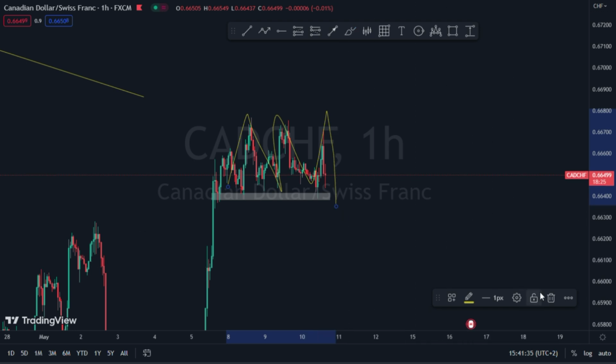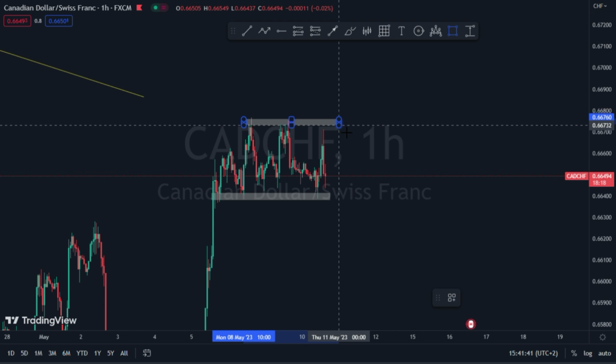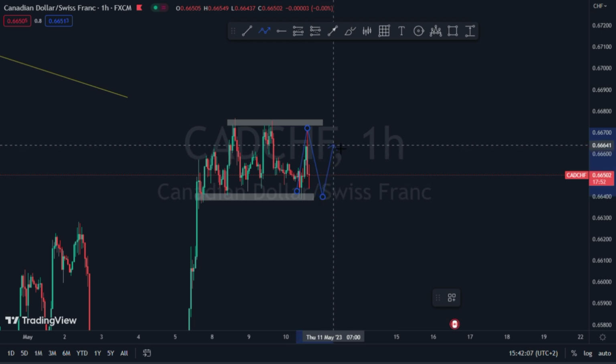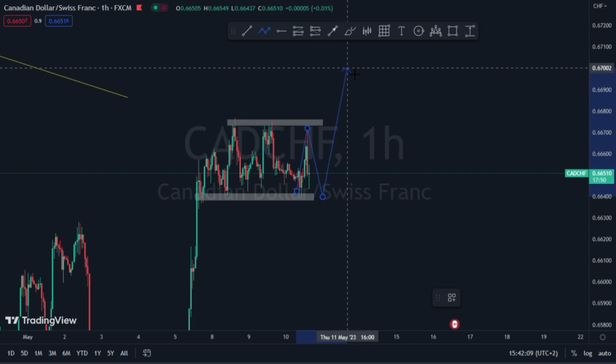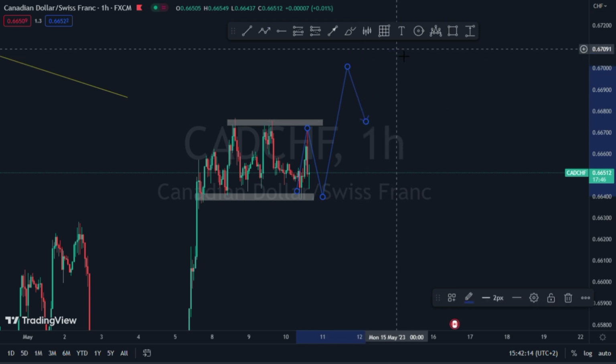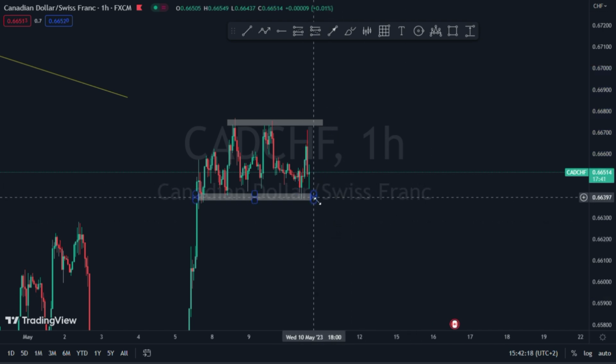So now that the market is moving in a form of a ranging market right here, we expect the market to move from these levels to that level right there, back to these levels right here, and then back to that level right there, maybe break above and then come back to test and then move back up. But we will just wait and see what the market is trying to do right here, because within this ranging market, we can see that the market